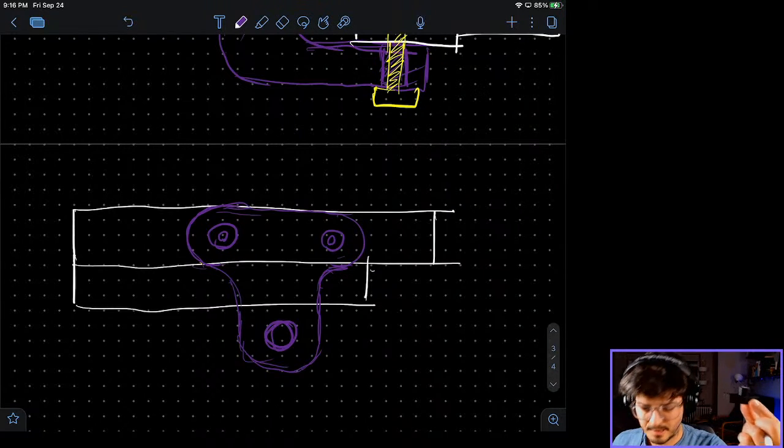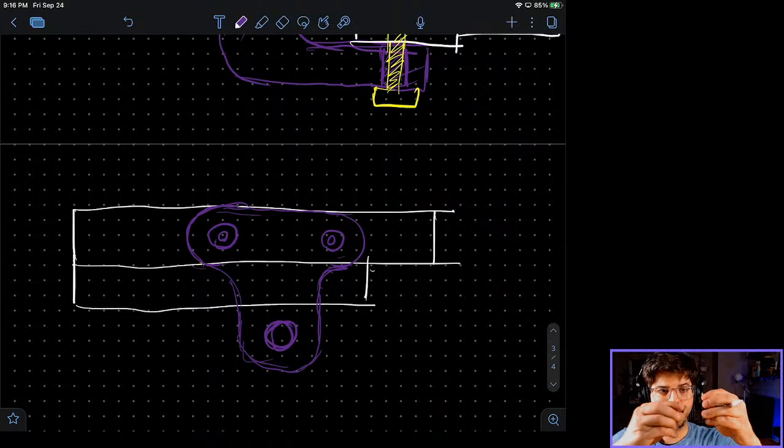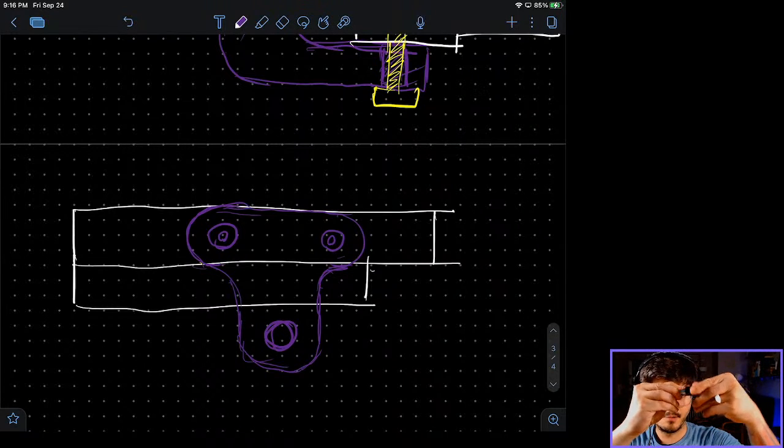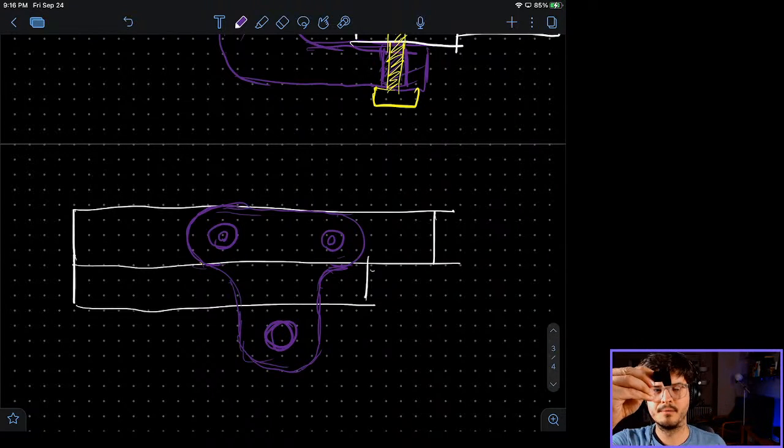So this is the knob that I'm going to be tightening with a screw on the other side, so that locks in place, but then also allows me to rotate the whole panel. So if I have something like this, it's great.